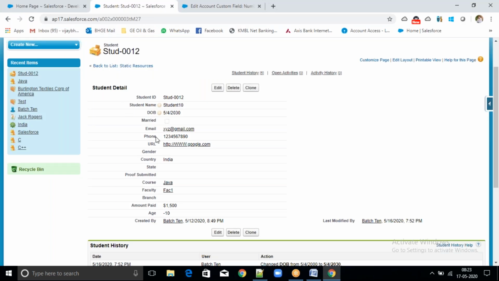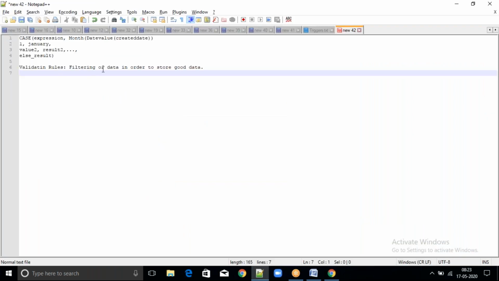Now, whatever data we are storing here, is it good data? No, this is not good data because the date of birth is a future date. So filtering of data in order to store good data is nothing but validation rules.